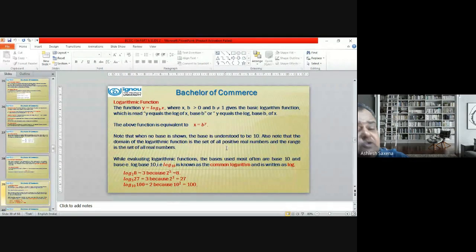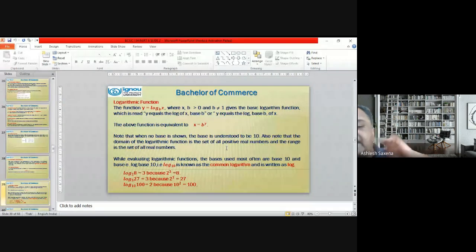a, b should be x, and b should be greater than 0 and b should not be equal to 1, which gives the basic logarithmic function, y is equal to log of x with base b,